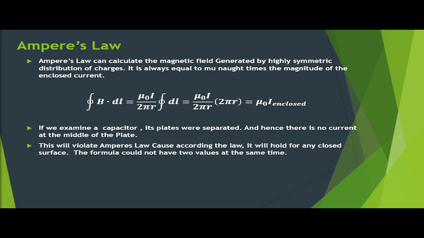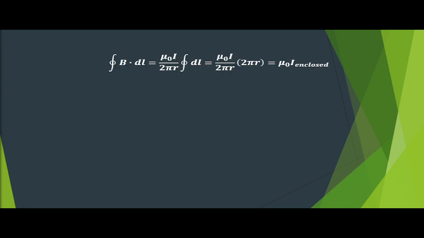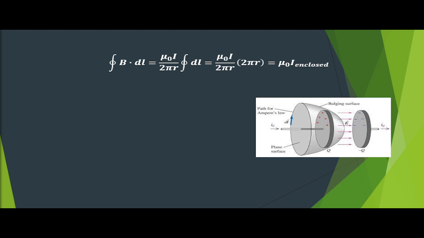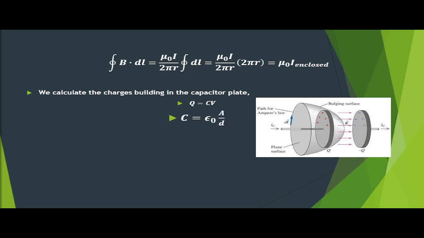We know that a capacitor accumulates charge. The amount of charge at the capacitor is calculated using the formula Q is equal to C times V. Capacitance C is equal to the permittivity of free space multiplied by the area of the capacitor plates divided by the distance of separation in between the plates. So we can simplify the formula in calculating the charge in the capacitor as Q is equal to the permittivity of free space multiplied by the area of the capacitor plates divided by the